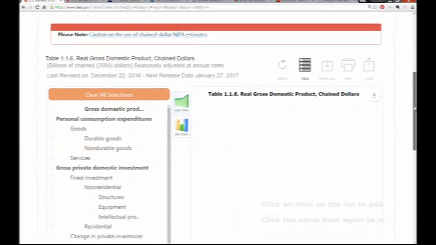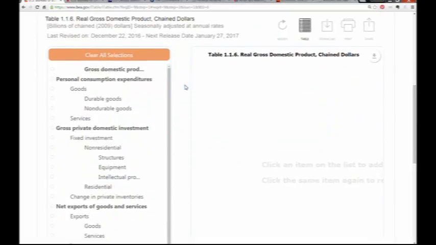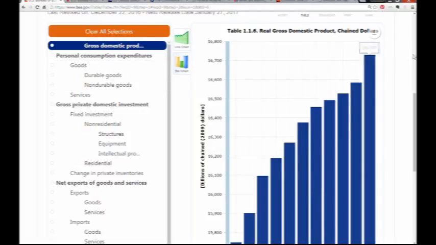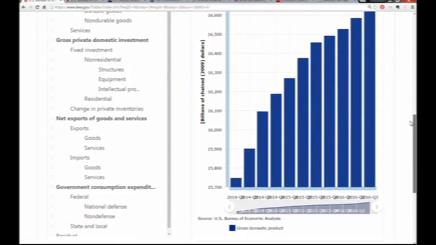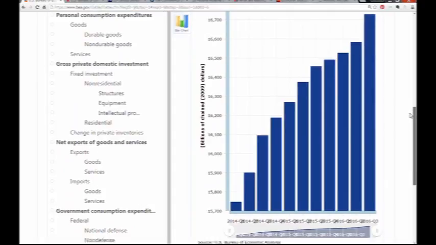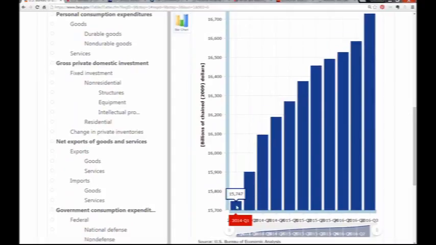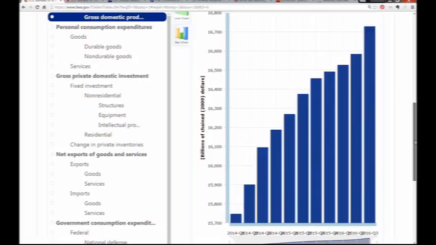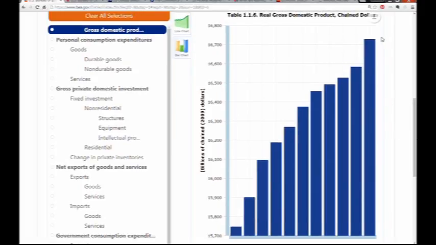And again, we have quarterly estimates. We'll use a bar chart because it's easier to see. I want to show all. And what you will notice here is this is going back to 2014. You'll see that the value has gone from $15.75 trillion. That's annual value that back in the second quarter of 2015, all the way up now at the third quarter of